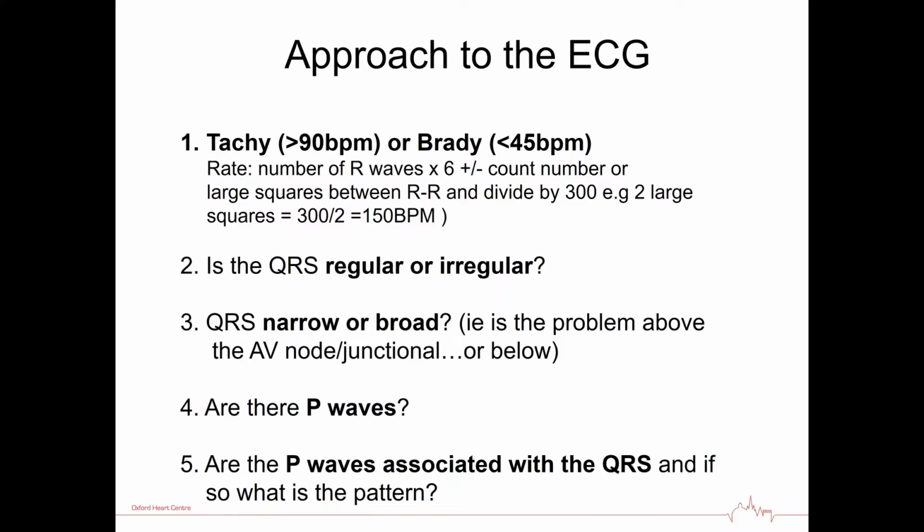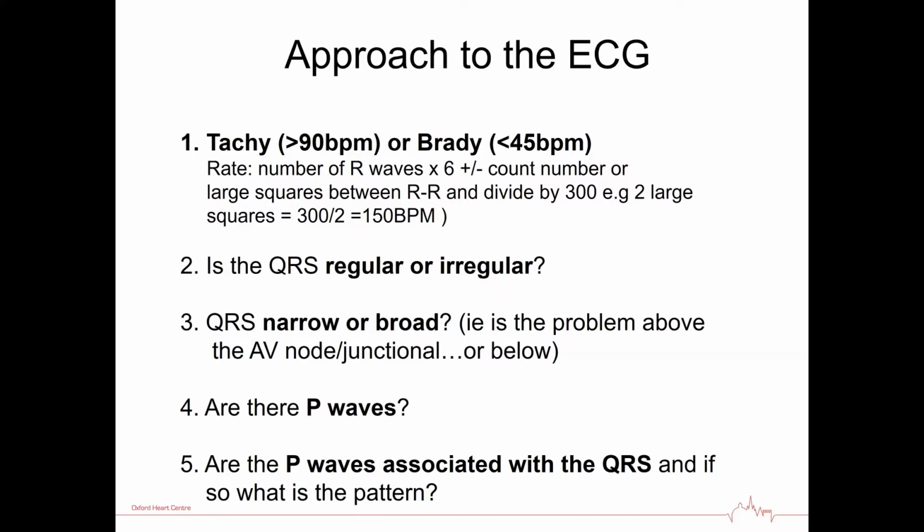The next is, are there P waves? And if so, are the P waves associated with every QRS and in a regular pattern, or are they not associated, or do they lengthen? That will help us answer the question of what the rhythm actually is. So if you take these 5 questions and apply it to every ECG, you will be able to get 99.9%